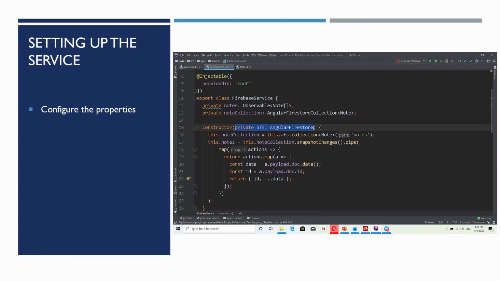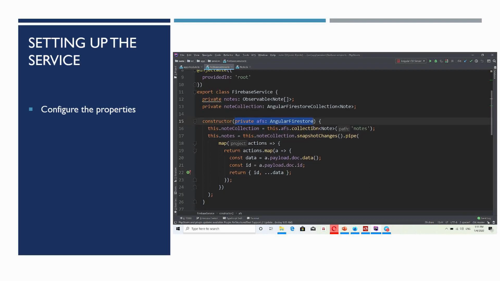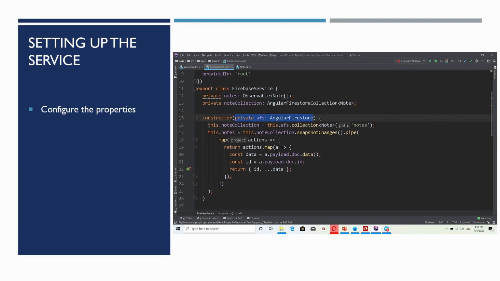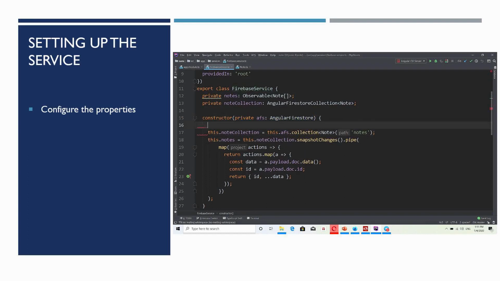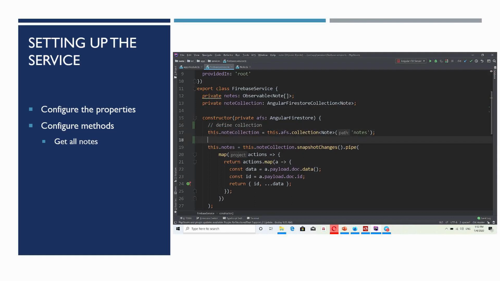Once you have done that, next you need to import the Angular Firestore using dependency injection inside the constructor section. Next, you need to define the collection of nodes. Here I am going to define the collection, and the collection path name is nodes.